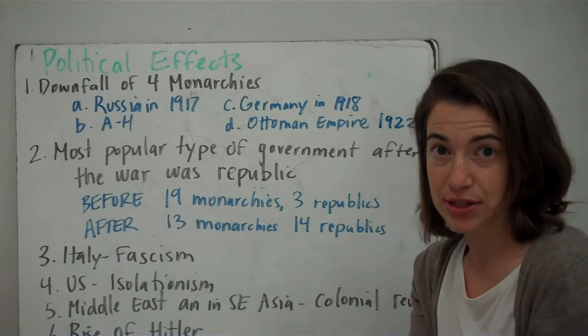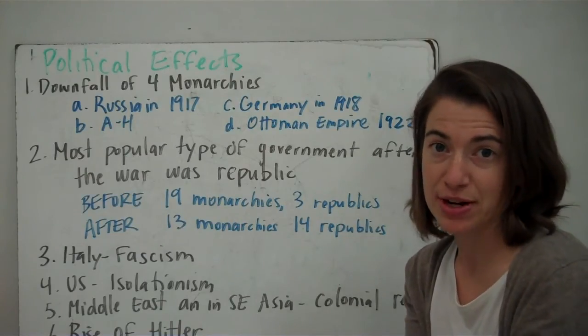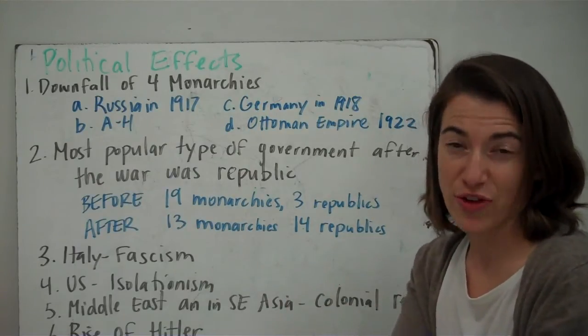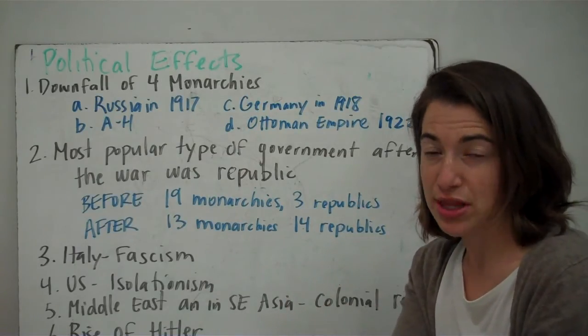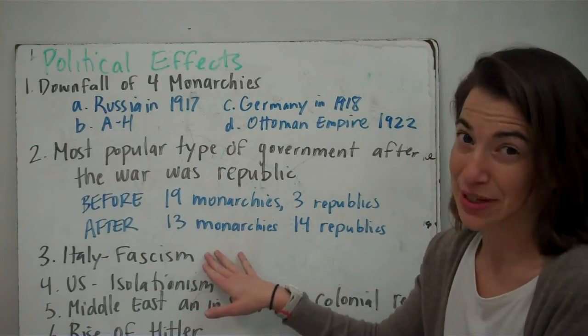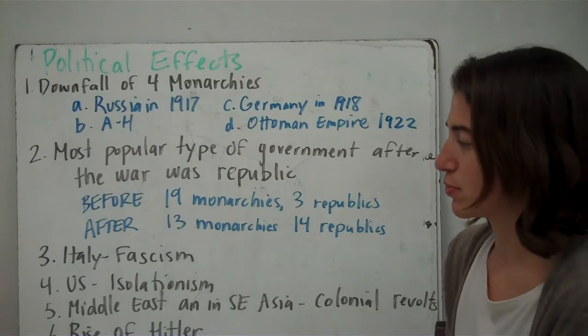If you complain, right, you'll have some type of punishment. And the government also likes to control a lot of the means of production, so the factories, the jobs, they control a lot of those. And again, it's like a dictatorship when you can't complain. And we'll talk about fascism in World War II.